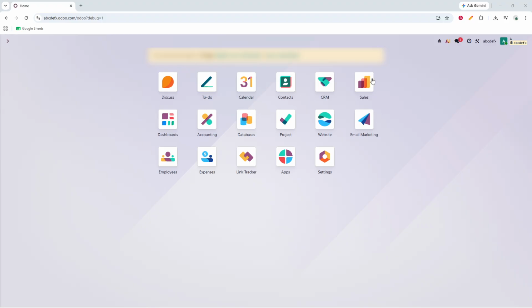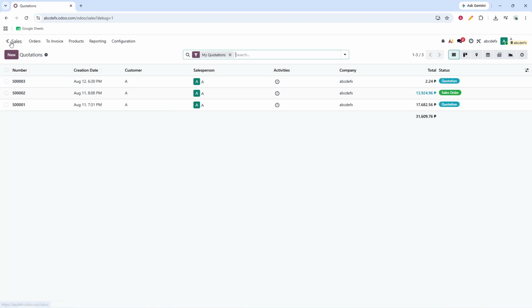To begin, open Odoo and go to the Sales app. This is where your quotations and sales orders are managed, and it's also where you can send order-related emails directly to customers using built-in templates. Using a template helps save time and keeps your communication consistent, especially when you're sending similar messages on a regular